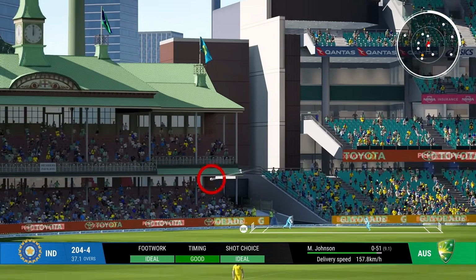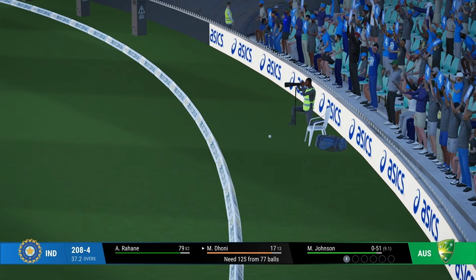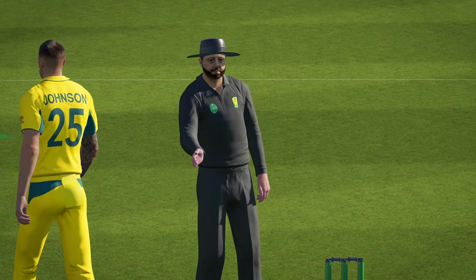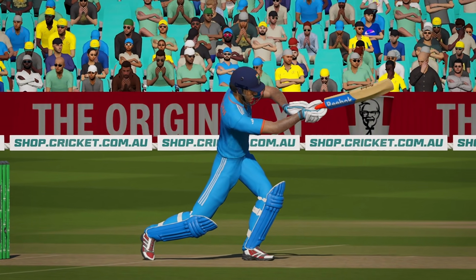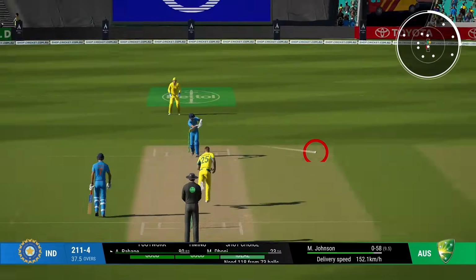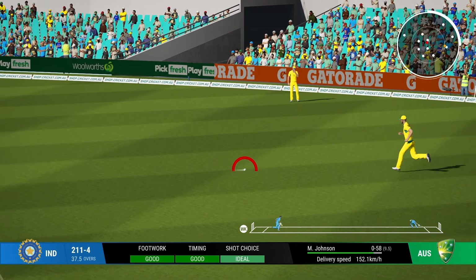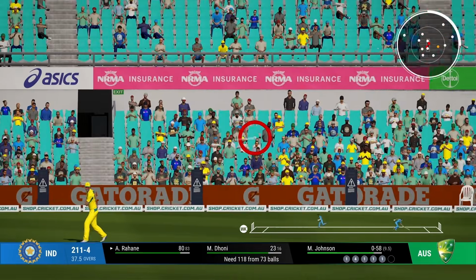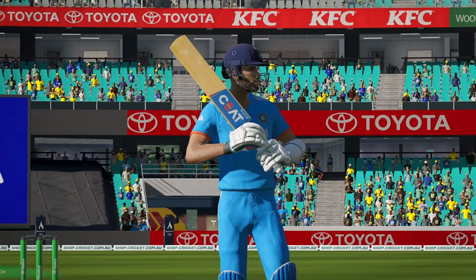It is full and it is over the fielder's head. I wasn't planning on playing a lofted shot but saw the full delivery and decided to go after it. Almost paid the price though, it was not that far away from the fielder. That's tapped away. We come back for 2 again. Yes, we will. The field is slowing down, but not us. That was a very good over.